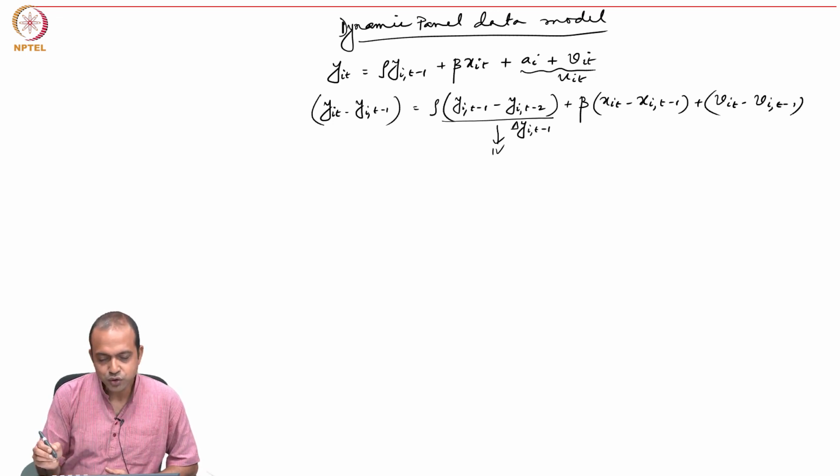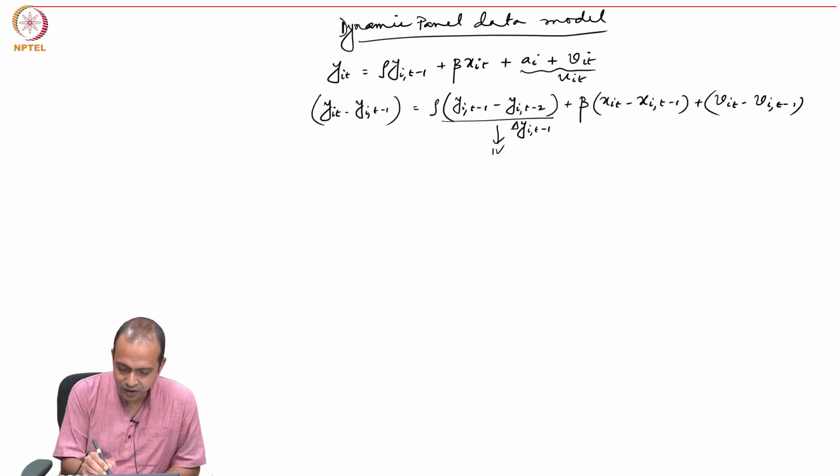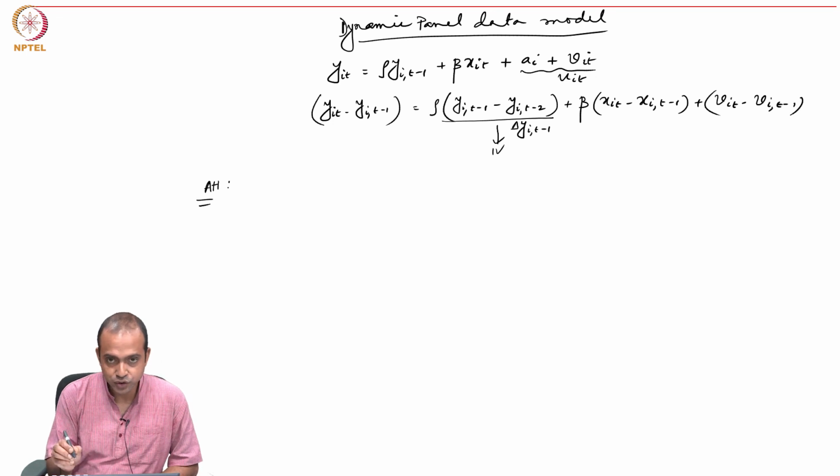And what are the instruments we said? We said either we can use the twice lagged of the level y_it, that means y_i,t-2, or twice lag of the difference, that means delta y_i,t-2. So initially we were discussing y_i,t-2, taking that as an instrument, and then in Anderson and Hsiao's approach, in short,